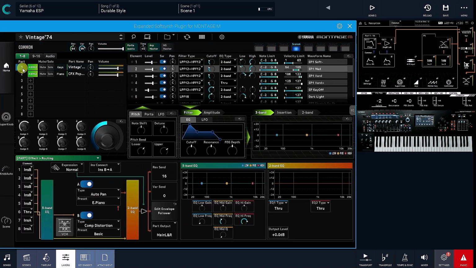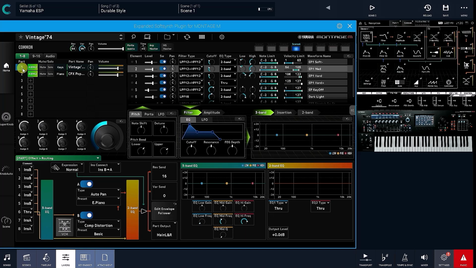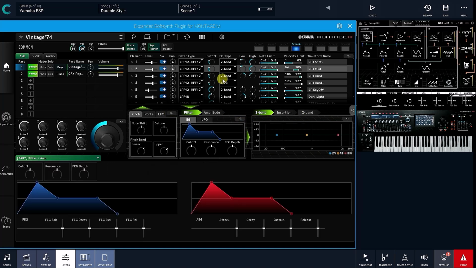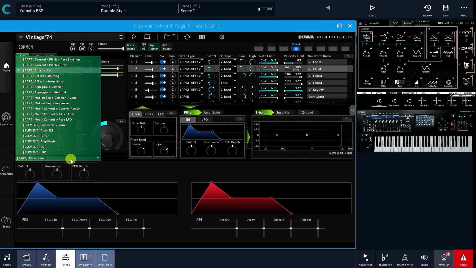When you start to go to the part level, it's not the same thing, because on our Montage M, in the navigate part editing level, we still have more quick access. Even if we have this function here, with the arrow that lets us quick access rather than navigating through the menu, there's a slight loss of accessibility on ESP compared to the Montage M navigate. It's not extremely difficult either, you've got everything on this drop-down menu in one place.